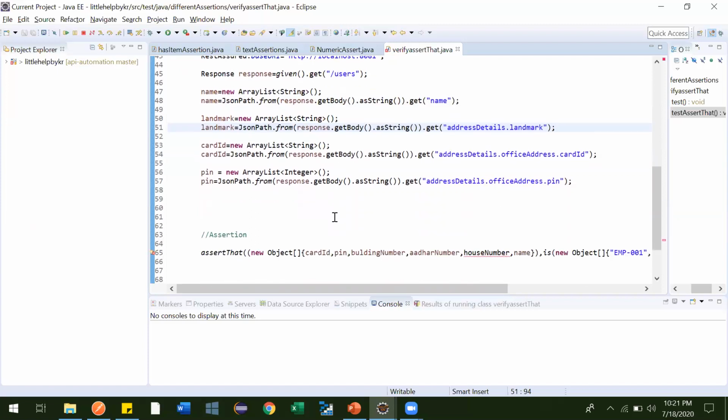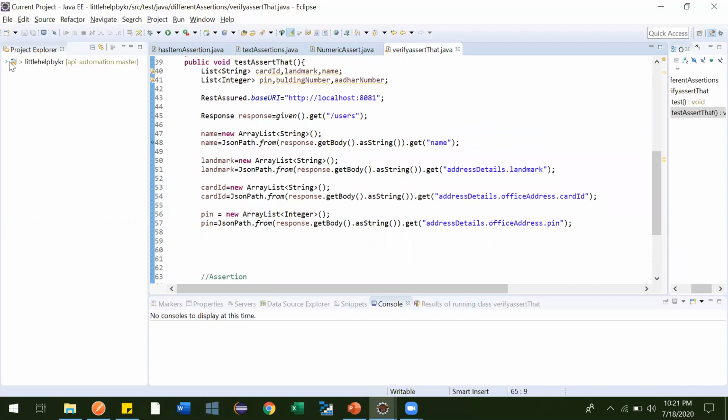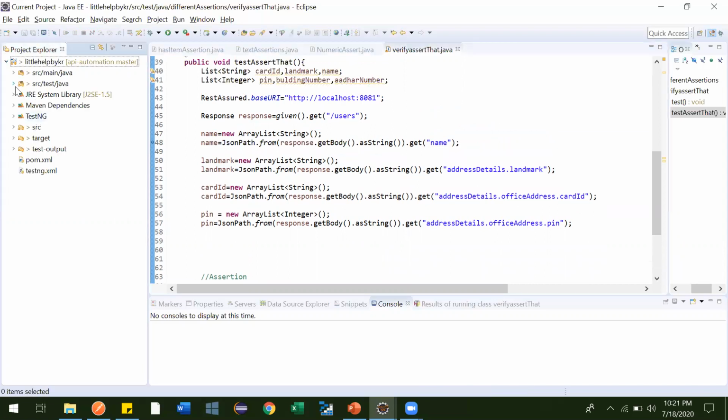Now what will happen here? First, let me debug this and show you how the values are coming. So first one is like new ArrayList of String. Let me put one debug point over here, let me go here, and this is the one, right?